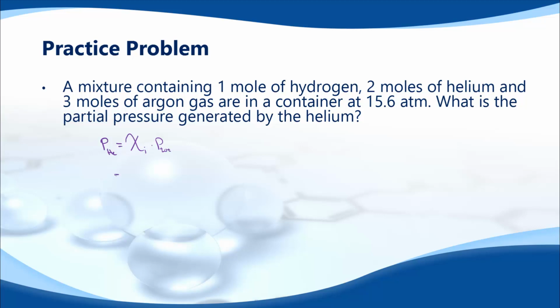So the mole fraction of helium is the number of moles of helium, which is 2 moles, divided by the sum of the number of moles of all three gases, which is 1 plus 2 plus 3, or in this case 6, times the total pressure, which is 15.6 atm. So this will reduce to 1/3, and all we're going to wind up with is 1/3 of 15.6, which gives us 5.20